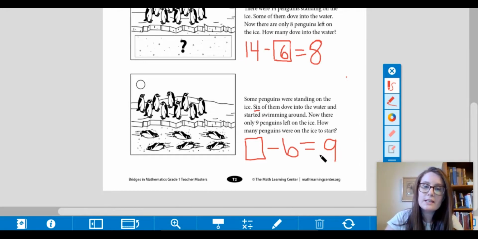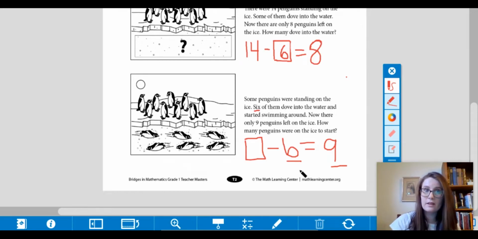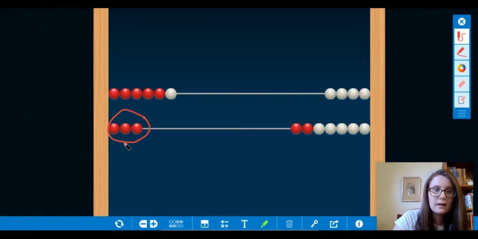Now, just like I did in our last problem, I'm actually going to use addition to help me solve for this missing number. So I'm going to think about what is 6 plus 9. That's what's going to tell me how many penguins started on the ice, because I know there are 9 left and I know there are 6 that are swimming in the water. So if I put those two numbers together, then I'll know how many penguins were standing on the ice to begin with. So if I go back to my number rack,